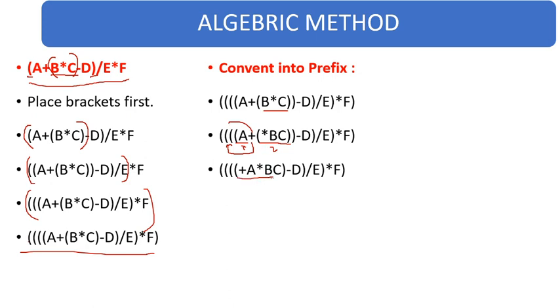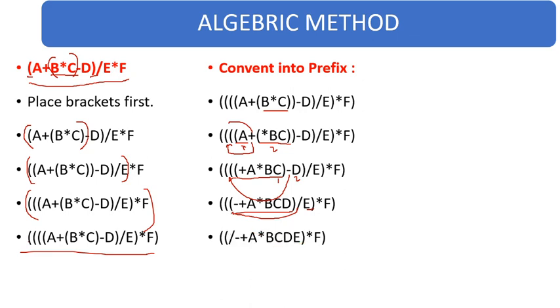Again, this is the operand 1, this is the operand 2, and this is the operator. It will go at the front, so our expression will be like that. Now once again, this whole will be operand 1, this is operand 2, and this will go at the front, so it will be like that. At the end, this is the operator that will go at the front, and this is the operand 1, and this is the operand 2, and finally this is our answer.